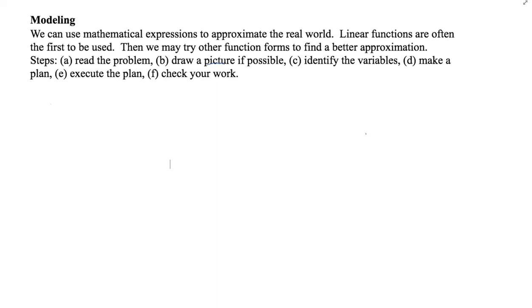Today we will talk about modeling. We can use mathematical expressions to model or approximate phenomena in the real world. Most often we use linear functions. Sometimes we try other function forms, which we'll look at later on, but for today we will only use linear functions. There are certain steps that we must take when making linear models of real-world